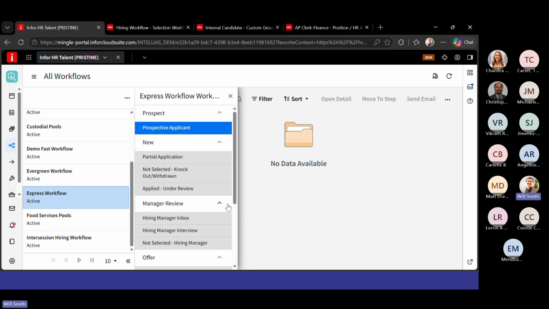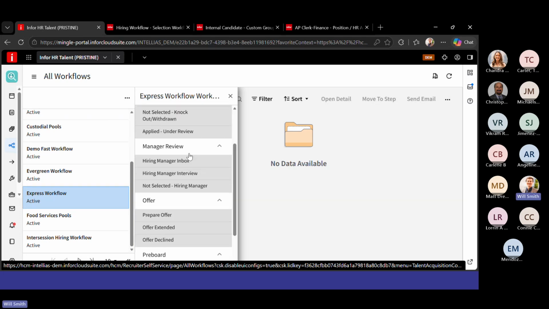And then on the opposite end of the spectrum, maybe we have a job that is a management position or a position with a lot of responsibility or something like that. And we want 3 rounds of interviews for that position, and we want multiple people to screen. We could create a sort of longer, more rigorous workflow for those types of positions